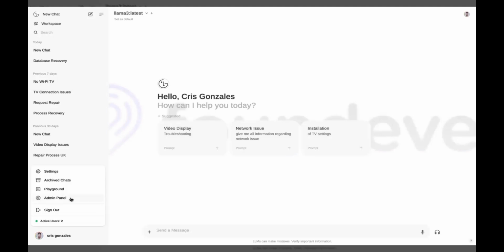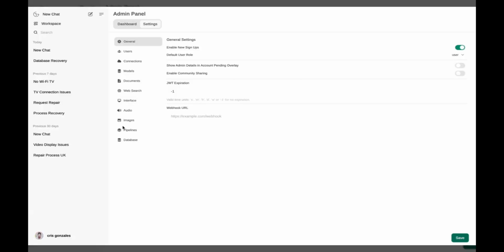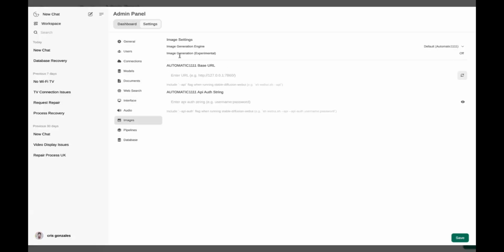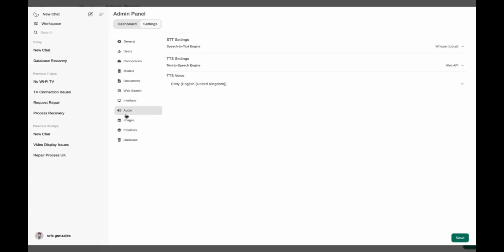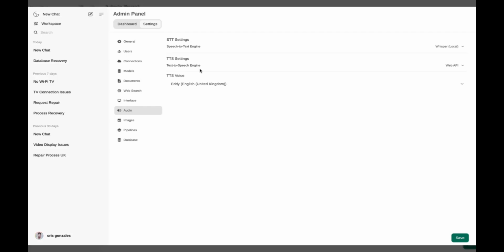So going back to settings and admin settings. Where are we? Here. Okay. Next is audio. Again, this entire framework is capable of speech to text and text to speech. This one is our text to speech option.